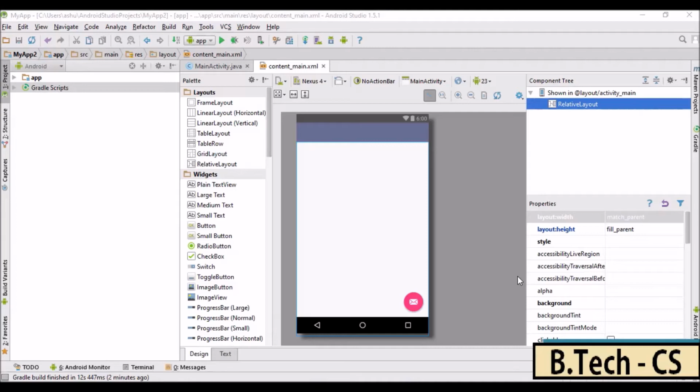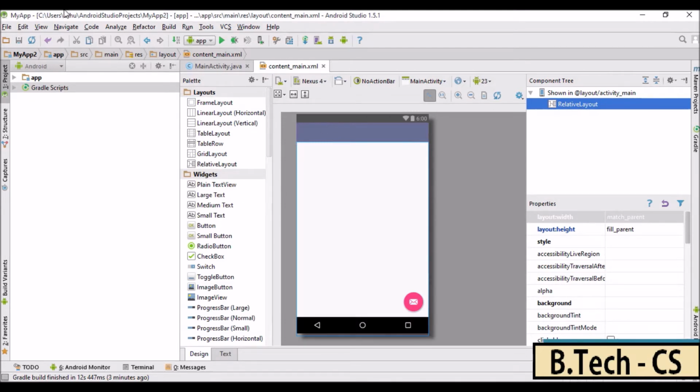Hello and welcome to this tutorial. In this tutorial we'll be learning something about the grid layout. In the previous few tutorials we learned how to create the user interface by using Java, and in the upcoming tutorials we'll be learning how to create the layout using the grid layout. Basically, a grid layout is a type of layout in which we have a number of rows and a number of columns, and we use these rows and columns in order to place the widgets right here.